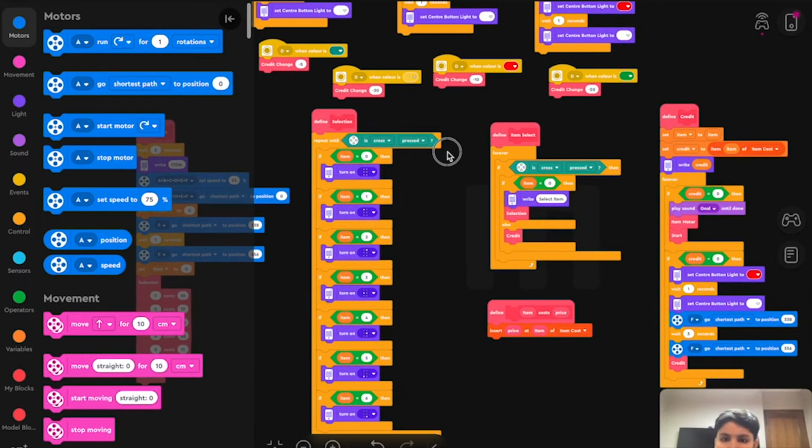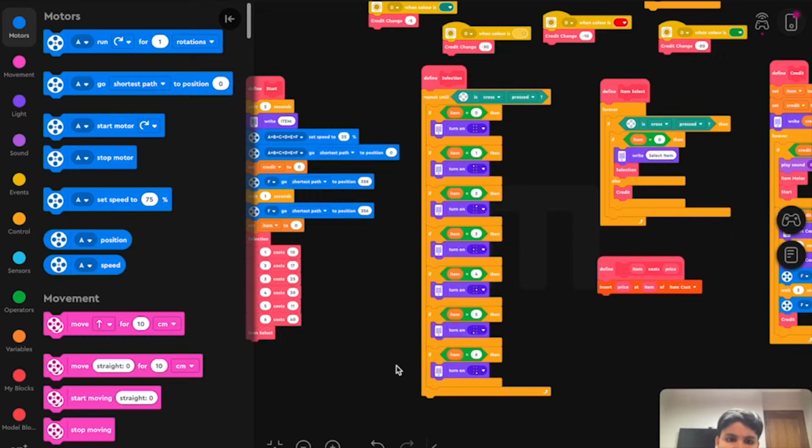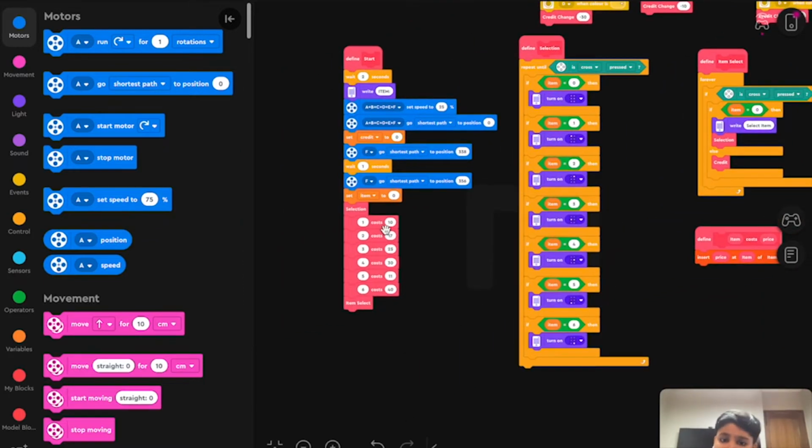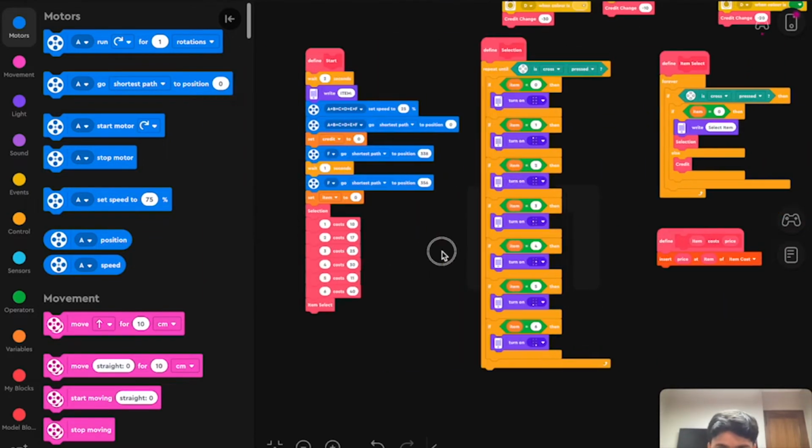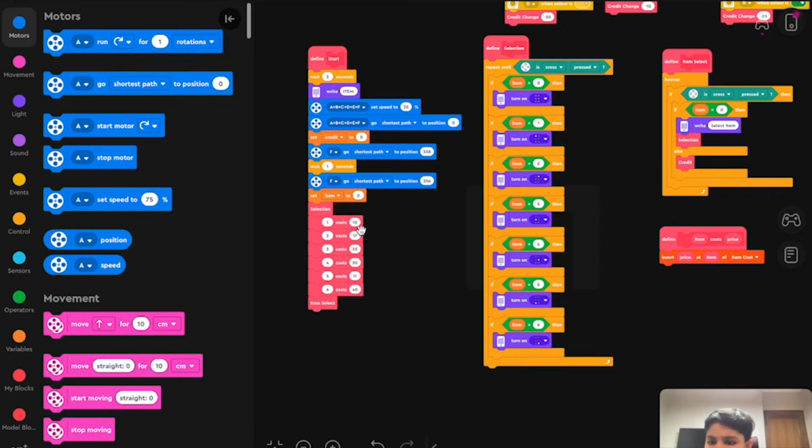So now after this is done, we again come to the start function. We're saying 1 costs 10, and that means item 1 costs 10, item 2 costs this much, and so on. So you can change that to anything. Or I have used a block. The block I made is a list. I defined a block item cost price. The first one is item, the other one is price.